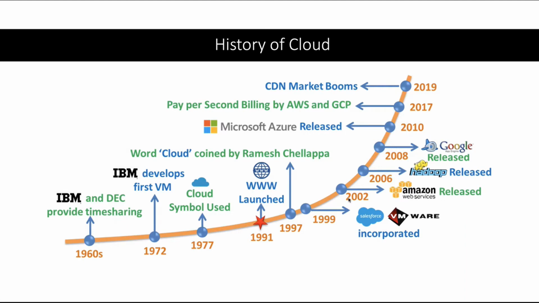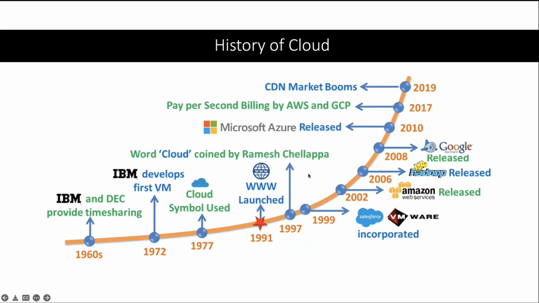And still, this is going on. IoT has come in, so IoT has been integrated. AI has come in, so AI has been integrated. Machine learning capabilities have been integrated. So this keeps on improving. That's the reason why we cannot say that once I went through cloud in 2010, I'm comfortable today as well. You have to grow with the way cloud is changing its dimension in terms of providing services. But we all are lucky because the term cloud was coined by an Indian, right? His name was Ramesh Chelappa. So this is a brief history of cloud.